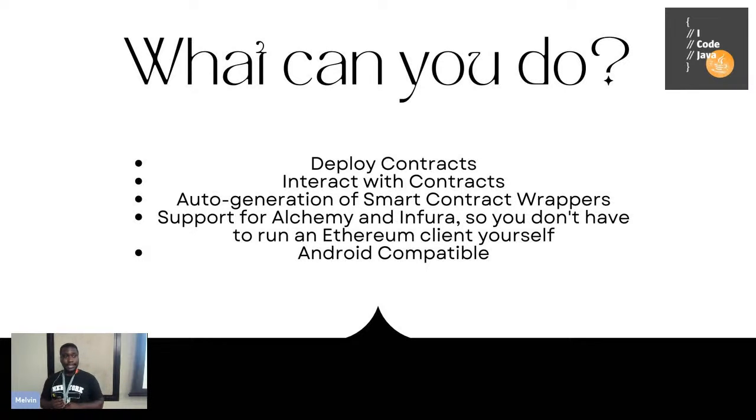And those are called testnets. Testnets are networks that simulate the mainnet, which is the one that actually is real money. On Infura and Alchemy, you can test with your friends or anyone you work with to check if this smart contract is behaving as it needs to. And you have nothing to lose because it's fake money. You get your tokens or coins from a faucet, where you can email the people who are running these programs, Alchemy and Infura, and they will give you a certain amount of coins.